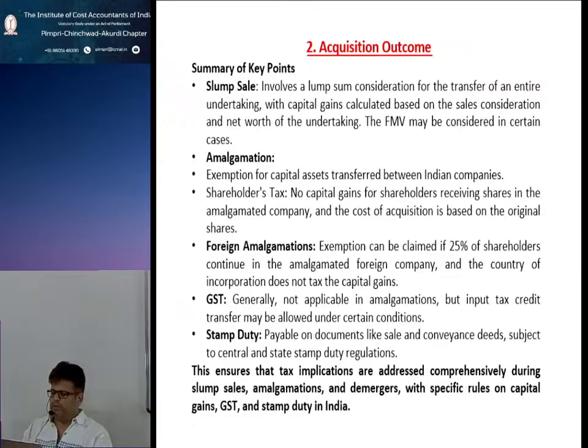The summary of key points in this case are: slump sale involves lump sum consideration for the transfer of an entire undertaking, with capital gains calculated based on the sale consideration and net worth of the undertaking. The FMV may be considered in certain cases. Amalgamation: exemption for capital assets transferred between Indian companies. Shareholders' tax: no capital gains for shareholders receiving shares in the amalgamated company, and the cost of acquisition is based on the original shares. Foreign amalgamations: exemption can be claimed if 25% of the shareholders continue in the amalgamated foreign company,